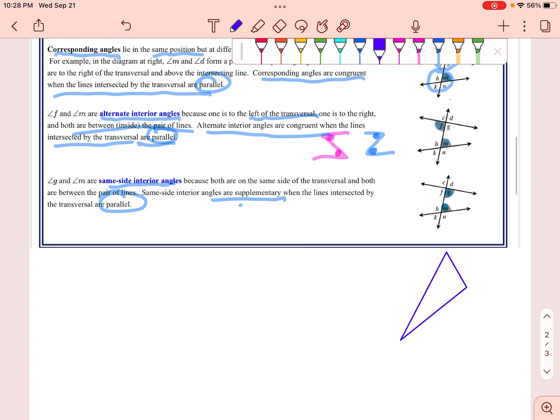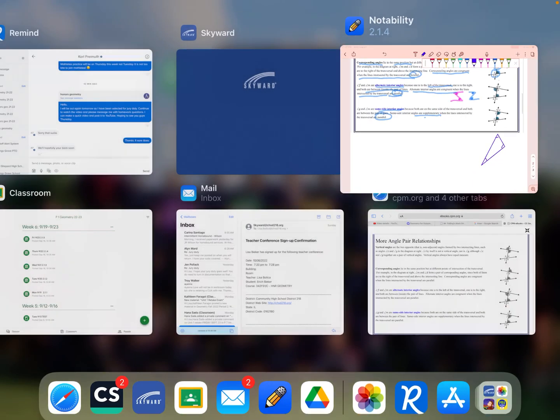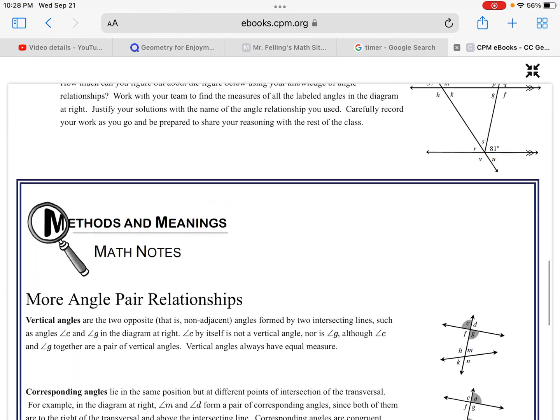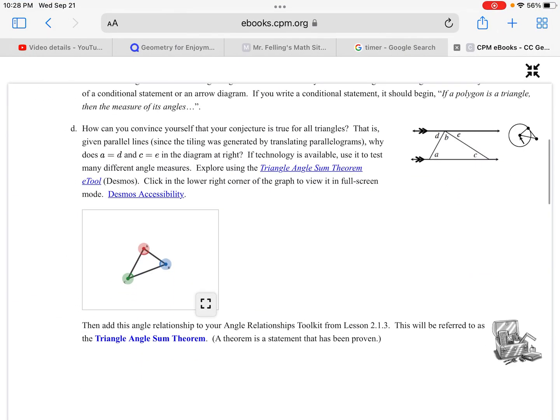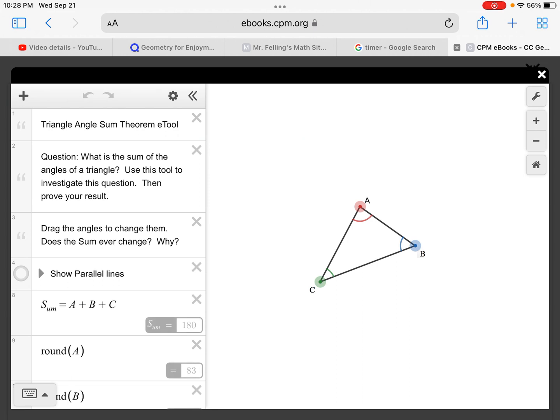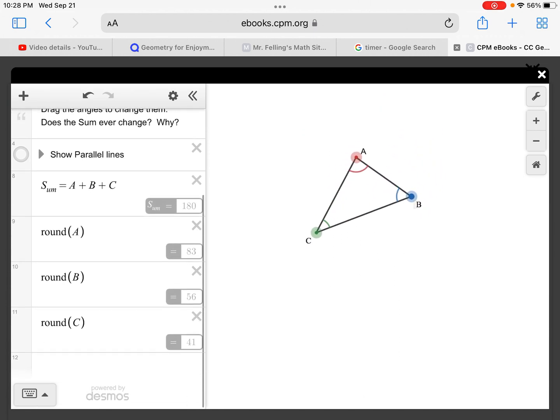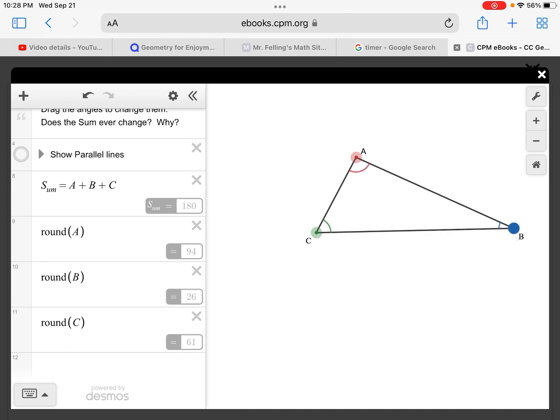So these are four major things, and then the last thing, of course, is that inside of any triangle, the angles all have to add up to 180 degrees. I thought it was really cool. I think there's an interactive piece in your book right here. You can see over here, look at the angle measures, no matter how I move this, I can try to make it equilateral. No matter how I move it,